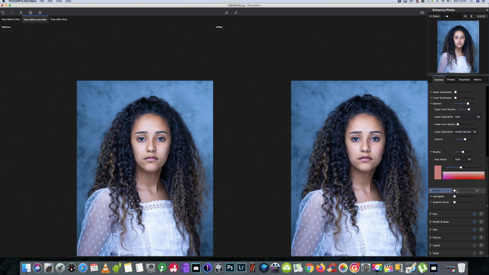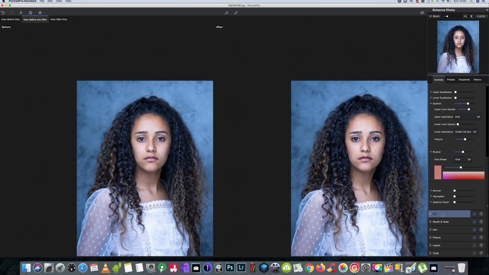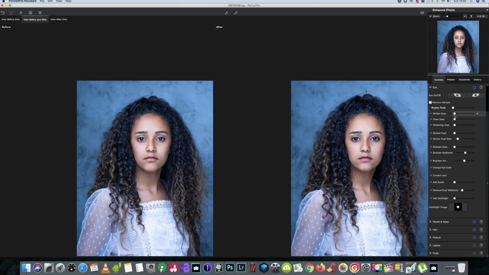Okay, I never use a bronzer, they just look stupid. Eyebrow pencil, if the girl or the person had eyebrows that needed fixing, yeah, these all come in handy, but again, she's got great eyebrows anyway, so we don't need to use that one. So I always find as well that eye whitening can look a little bit fake, so we just add just a tad of eye whitening and we'll clean the eyes up just a tad as well. She doesn't need to darken the pupils because she's got really dark eyes anyway, and we'll just give her a little bit of sharpening on the eyes, and we'll brighten the iris up